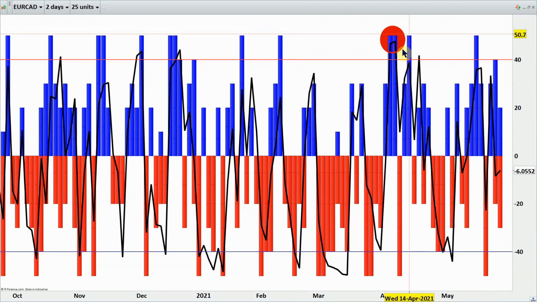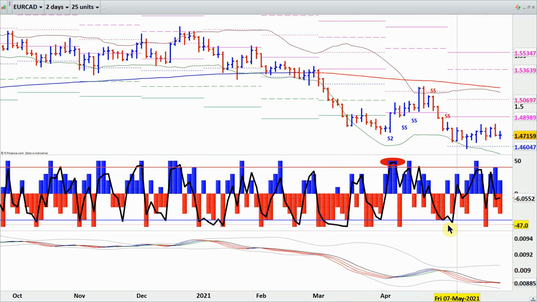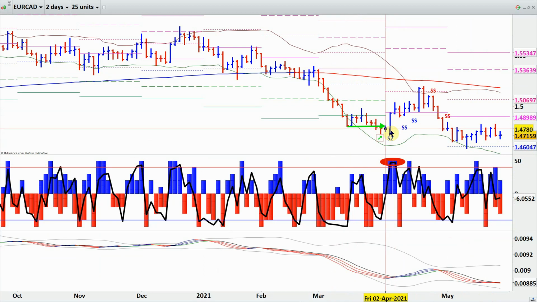This is already one OB, or one overbought. So I purposefully maximize this histogram. Now reduce it to see what type of mistakes I am making. I am trying to sell at a support, isn't it? What is the support? This is the support. Draw a horizontal line. So if we sell here, thinking that this is an overbought condition, there will be a possibility of getting stopped out.